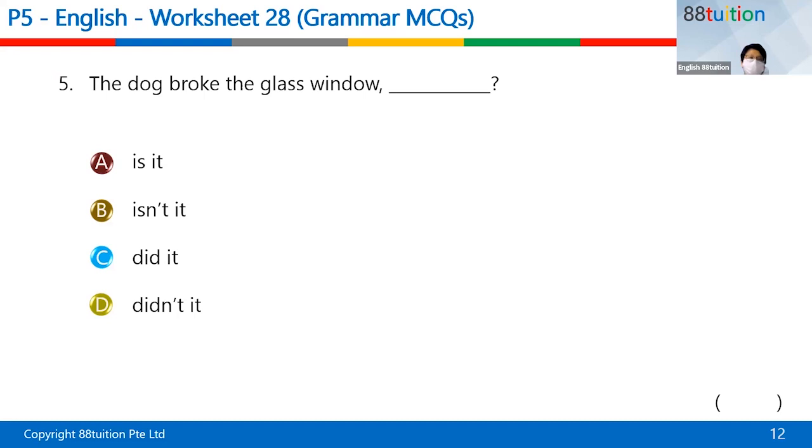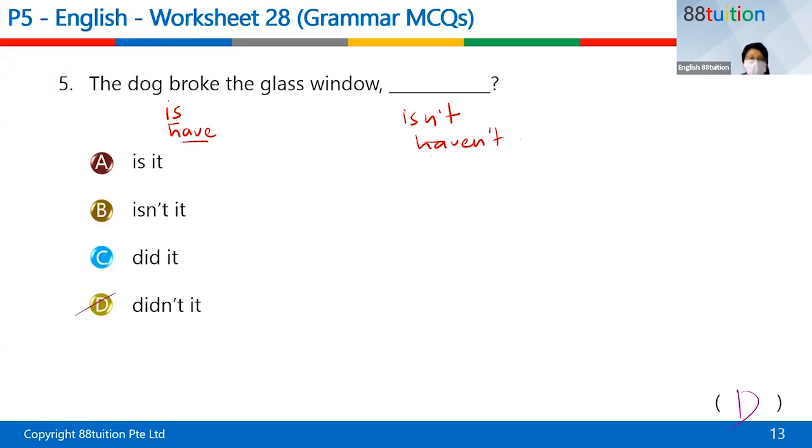Did they mention is? No, they did not mention is, but the dog broke the glass window. Didn't it? Did it not? Yes, D. Everybody wrote D. Wow, very fast. Yes, didn't it? So you see, this is something that you do, an action. If it's got to do with an action, if it is, you know it's isn't. If it's have, you know it's haven't. So you have these keywords.